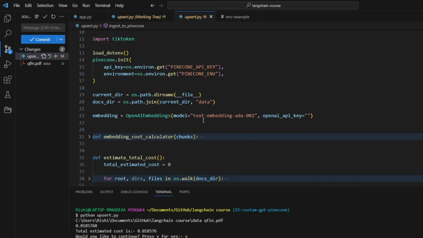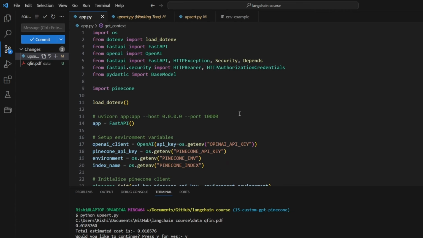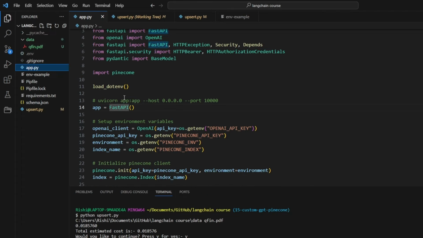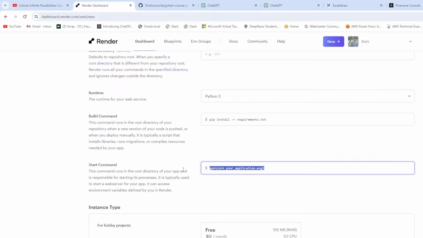And for the command, we will use this command: uvicorn app:app. The first app refers to the name of the file, which is app.py, and the second app refers to whatever instance of FastAPI we are getting; that name is the second one. And then which host and which port we want to host it on. I will just paste it here,